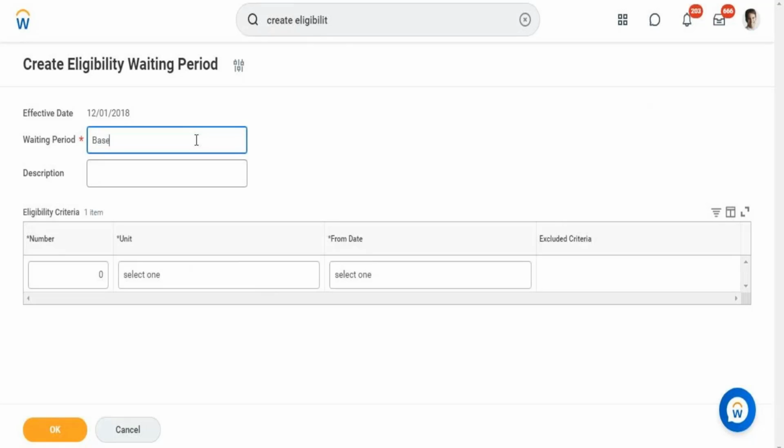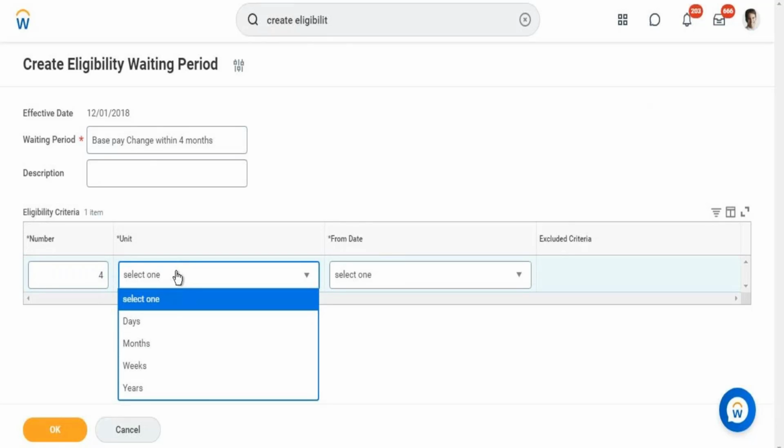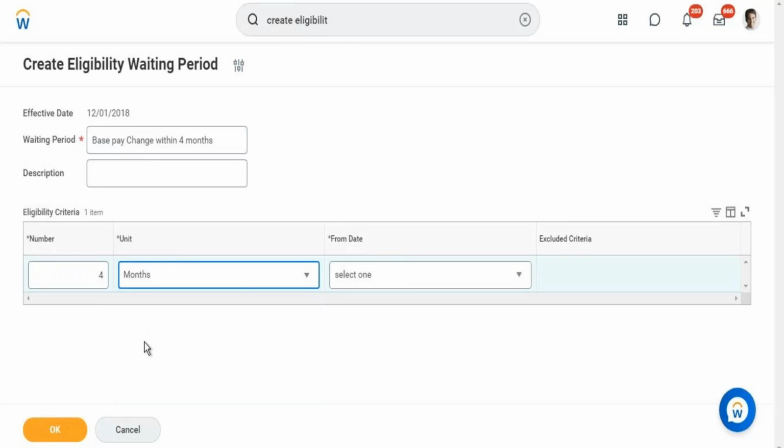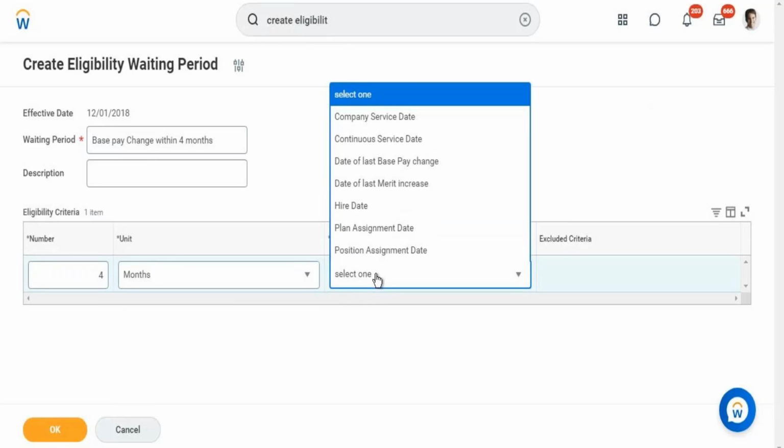So base pay change within 4 months. These are actually core configurations which you'll be doing when you're actually performing the review process. 4 months would be the thing, and base pay 4 months. Date of last base pay